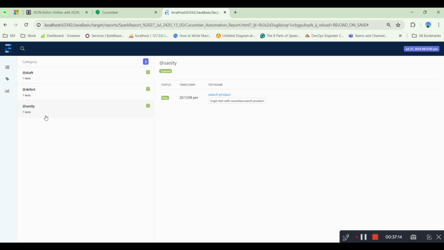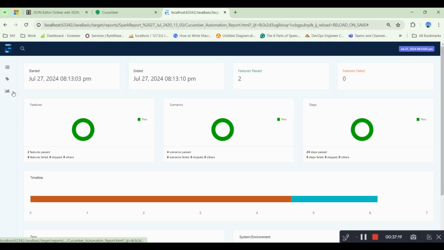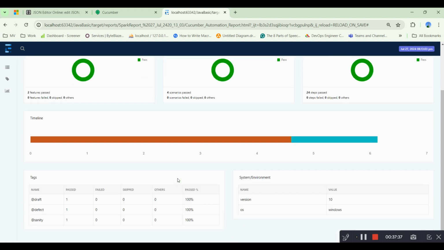So with the category filter, you can see the test case execution. And this is another very useful feature of this particular Extent report, which shows you what the Extent report looks like. Here you can see the number of features executed, the number of scenarios, and similarly the number of steps executed, right? And if you come down, you can see the details of your test case execution,